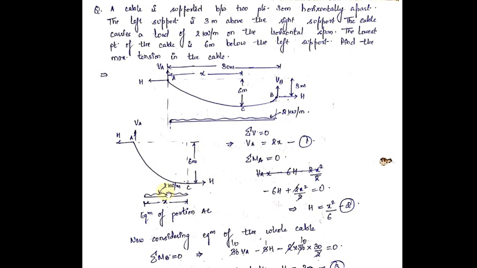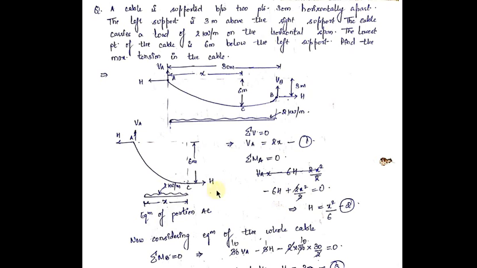Now the second force is UDL. UDL is acting in the downward direction. So this UDL will produce clockwise moment about A point. See, this is your A point and this is your UDL. And this UDL is acting in the downward direction. So this UDL will take A point in the clockwise direction.